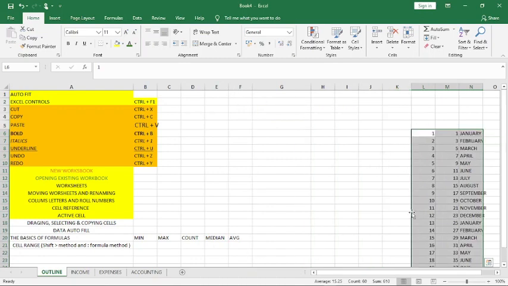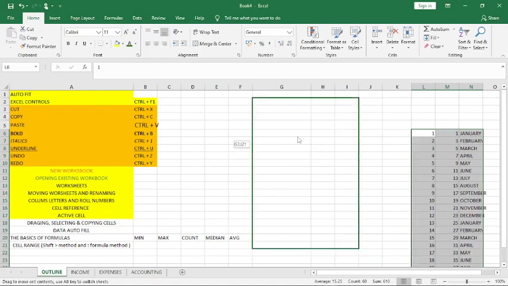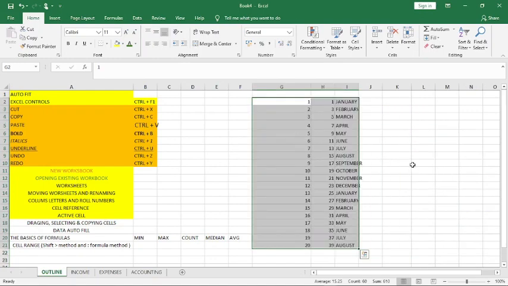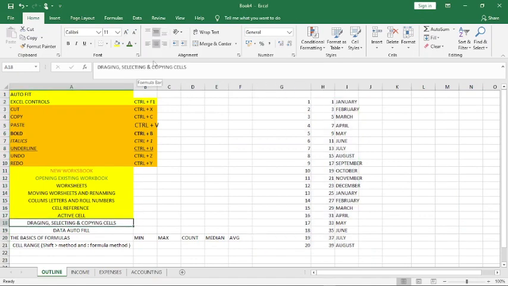When it comes to any edge, you see the sign has changed to a four-arrow head. That's at the edge of all the lines. That's when you can move it anywhere you like. All right, dragging, selecting, moving,